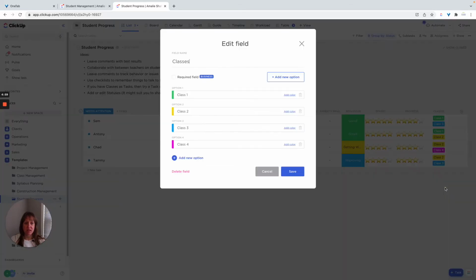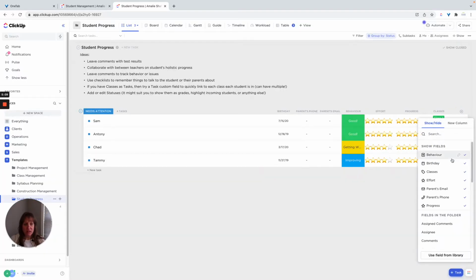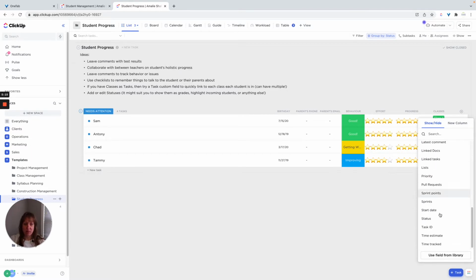We can edit the custom field. Maybe you want to actually put the names of them or what their other teachers are or something like that, so you can edit that there. You can add other custom fields. These are showing what custom fields are here, but obviously there's lots of different options for you to add